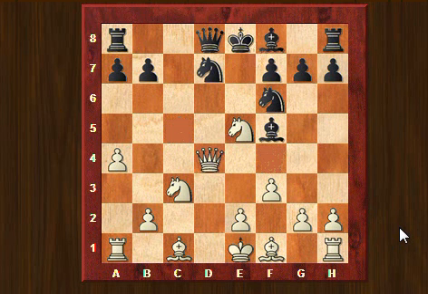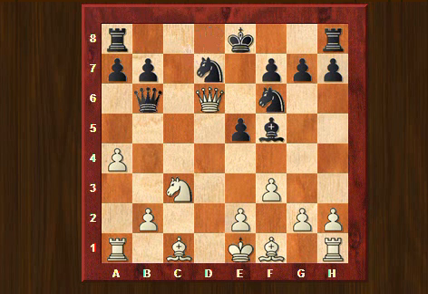So I didn't want to go into this, and I chose for a more positional approach, and that's to give a check on d6, knight to d6 check. Of course the king cannot go to e7, because then I take on f5 with check again, and then I save my queen. So he has to take on d6, queen takes e6. Now black is not able to castle, and he played queen to b6, and now here I